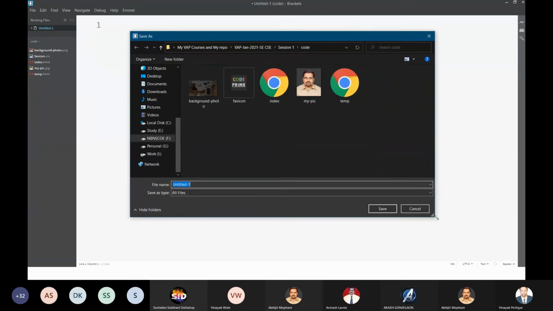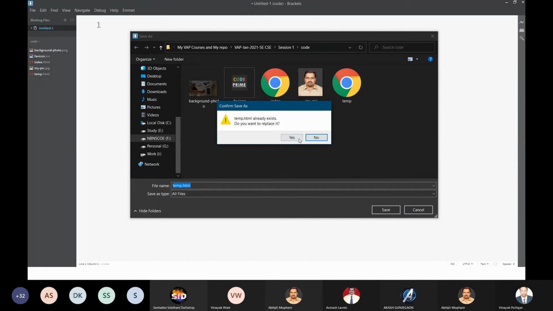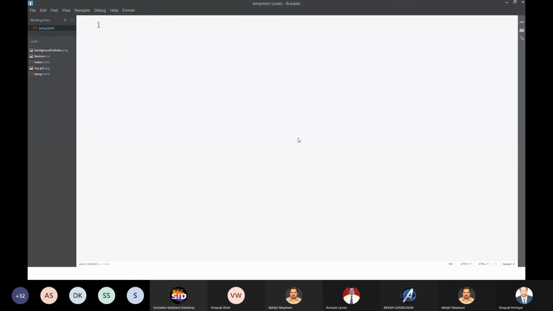Here just give the name index.html. I have already created an index.html file, so I will give another name. But in your case, you should give index.html because index.html is the first file. When you do that and save, it will get created.